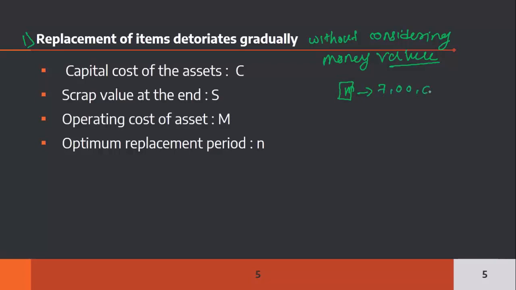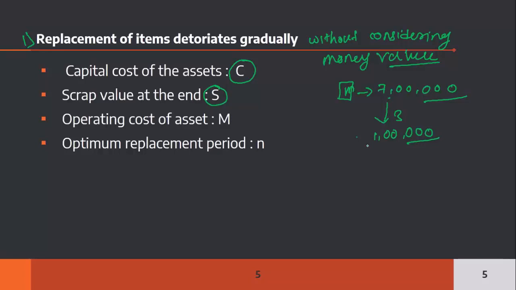Since 7 lakhs is nothing but the capital cost of an asset, it is denoted by the capital letter C. So 7 lakh is the capital cost. After 5 years or after 3 years, suppose I want to sell this particular machine, so I resell this machine at 1 lakh rupees only. Then this value 1 lakh is called the scrap value at the end,